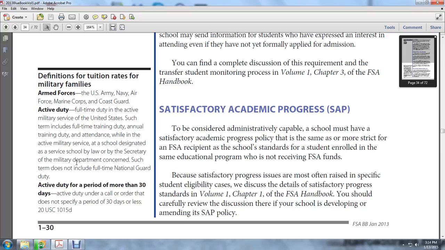Satisfactory academic progress. To begin and to certify administrative capability, the school must have a satisfactory academic progress policy that is the same as or more strict than the one for students who are federal student aid recipients, as for students enrolled in the same educational program who are not receiving federal student aid funds. Because satisfactory progress issues often raise questions about specific student eligibility, for a detailed discussion of satisfactory progress standards see Volume 1, Chapter 1 of the Federal Student Aid Handbook, which is the first